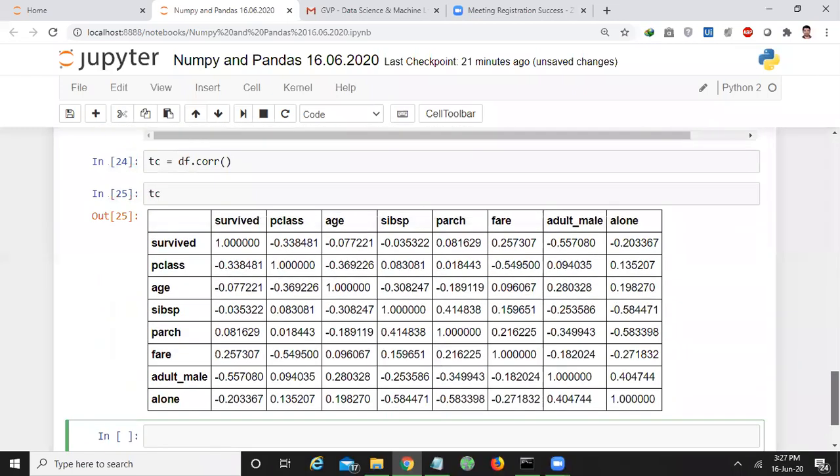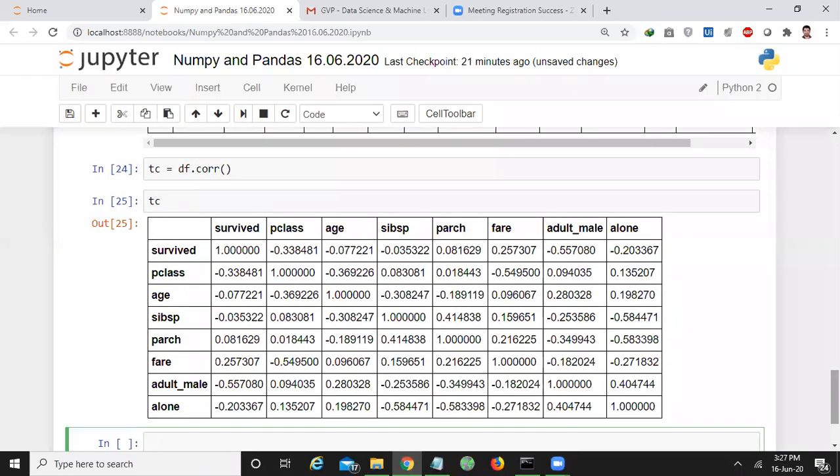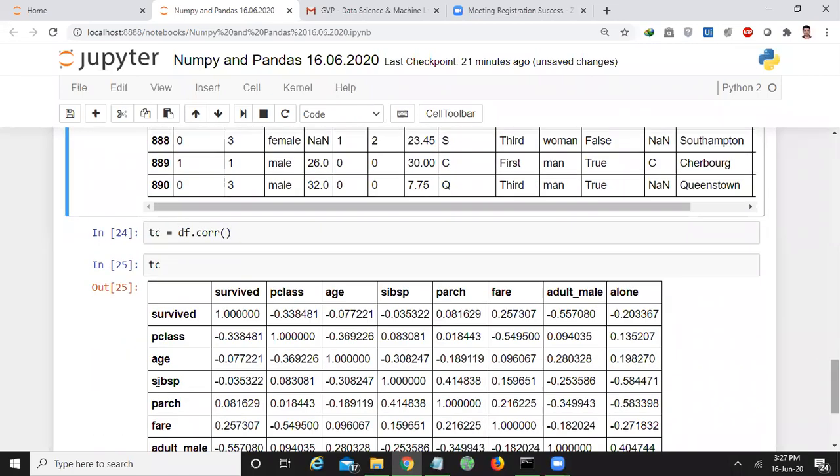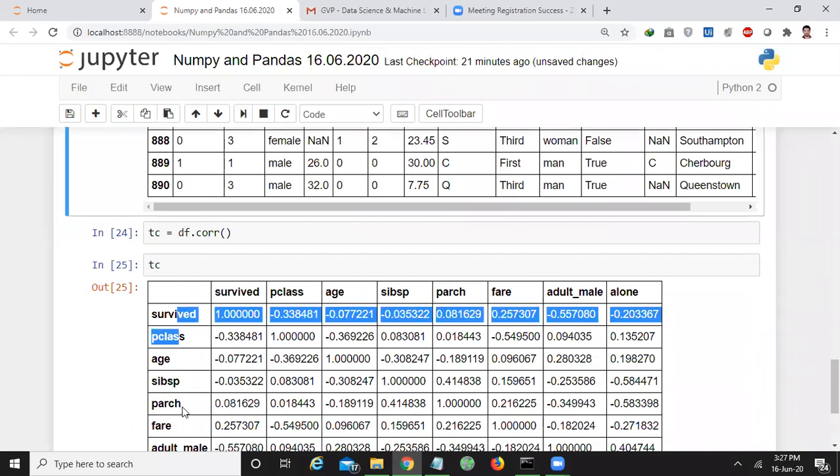Here, survived, P class, age, all these are nothing but the columns of your data set.